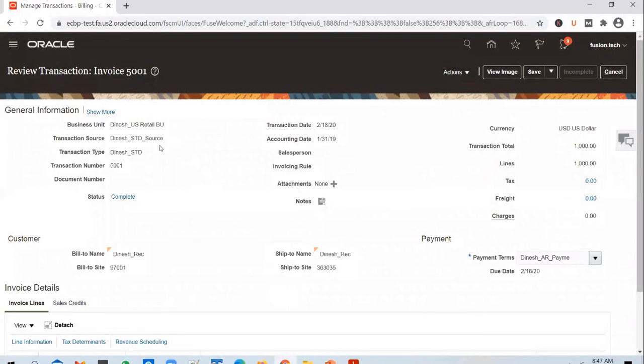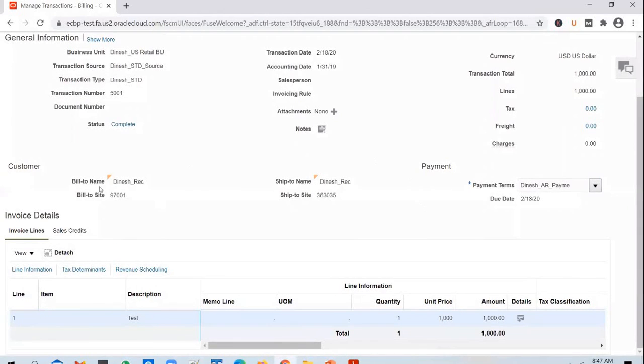So you have the details on the invoice, header level details, and you have your own details in there. You will have a bill to customer and a ship to location, ship to customer, and you will have payment terms. This will determine by what time the customer needs to make a payment, and you have lines as well. In this line section, you will mention what items or services you have delivered to the customer, what is the quantity, unit price, and what is the amount that needs to be paid by the customer.